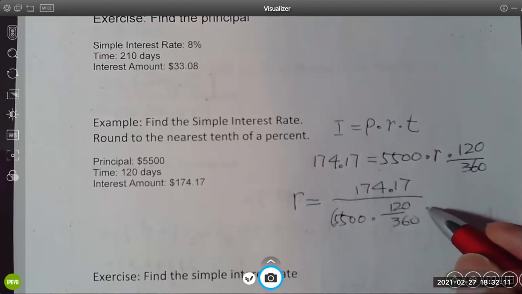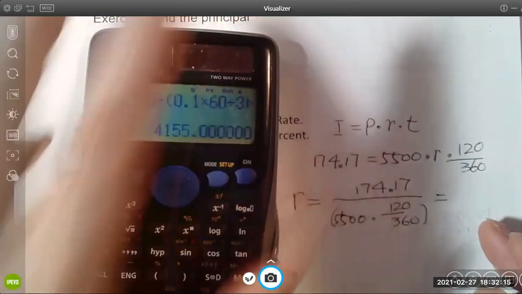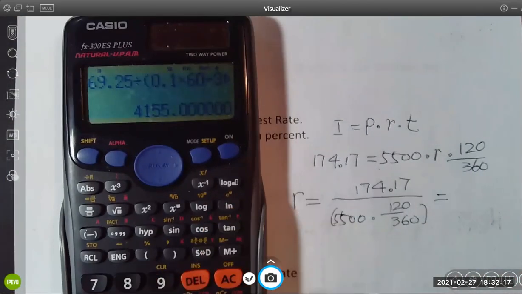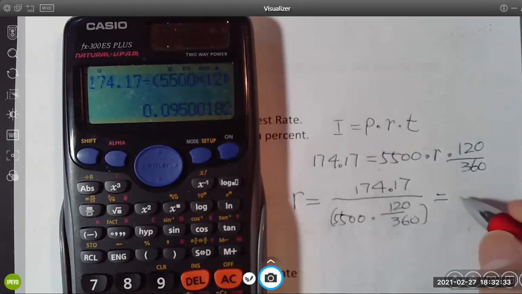Now we expect to get a decimal number because it's the interest rate. 174.17 divided by parentheses 5,500 times 120 divided by 360, equals, yeah, that's exactly as expected,